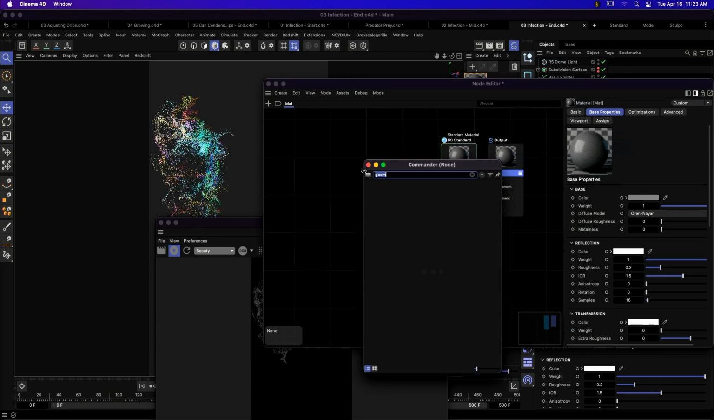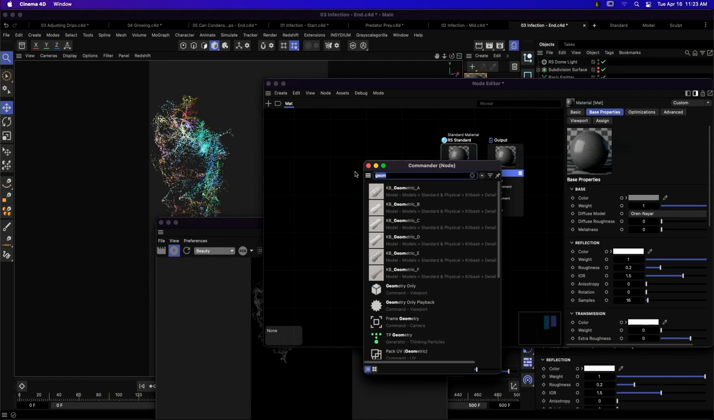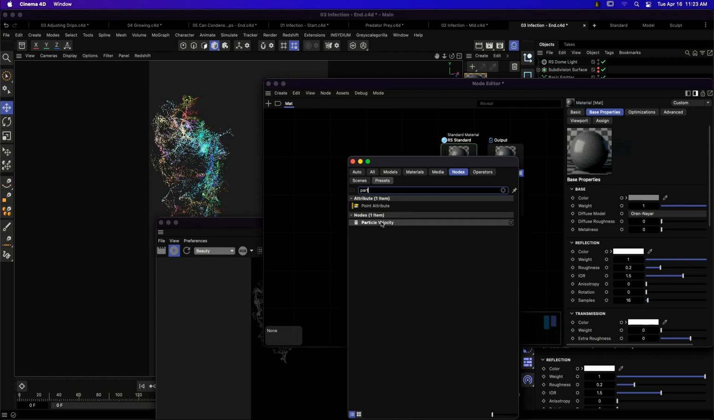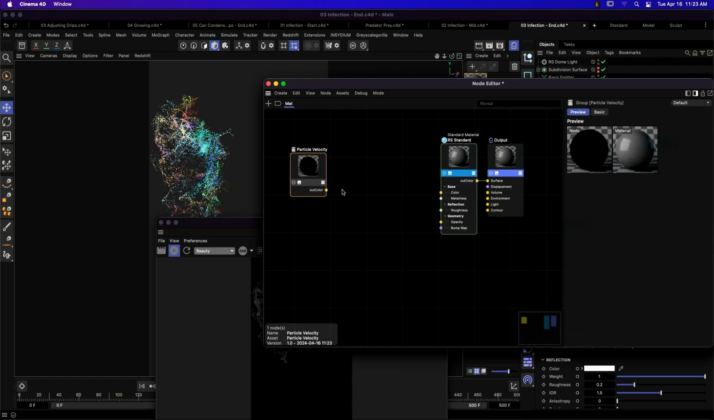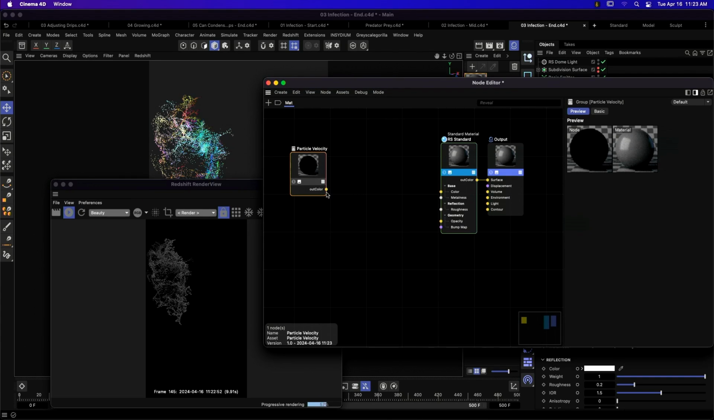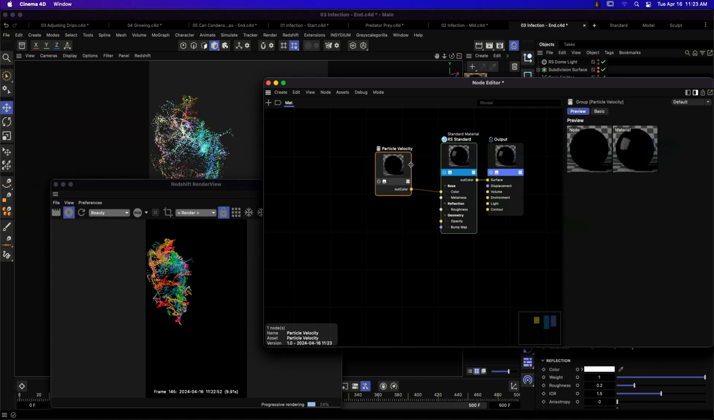We can press Shift-C, or we can just double-click in here and type in particle, and we have it. We've got our own nodes that we've built up. We've got our particle velocity. So if we just come over here, like this, and then connect this up, there it is. That's that system, that thing that we built together, and you can put a few of those together and save